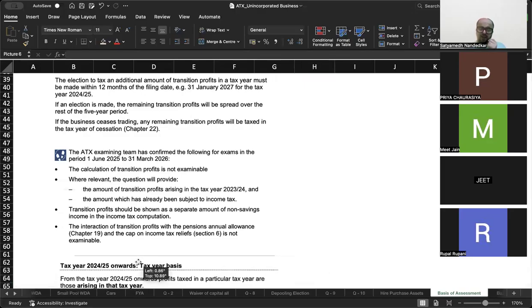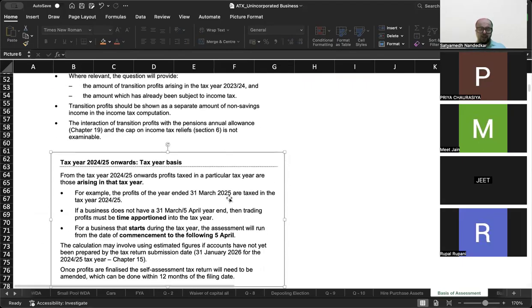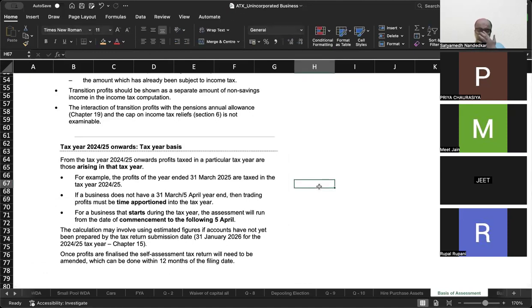Who is saying that? The ATX examining team has confirmed that calculation of transition profit is not examinable. Where relevant, the question will provide the amount of transition profits arising in the tax year 23-24 and the amount which has already been subject to income tax. So बचा हुआ amount will be subjected to tax. ठीक है. And tax year 24-25 onwards,